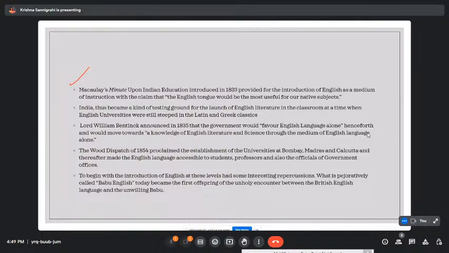So, Macaulay's Minute upon education, introduced in 1833, provided for the introduction of English as a medium of instruction, with the claim that the English tongue would be the most useful for our native subjects. India thus became a kind of testing ground for the launch of English literature in the classroom at a time when English universities were still steeped in the Latin and Greek classics. Lord William Bentinck announced in 1835 that the government would